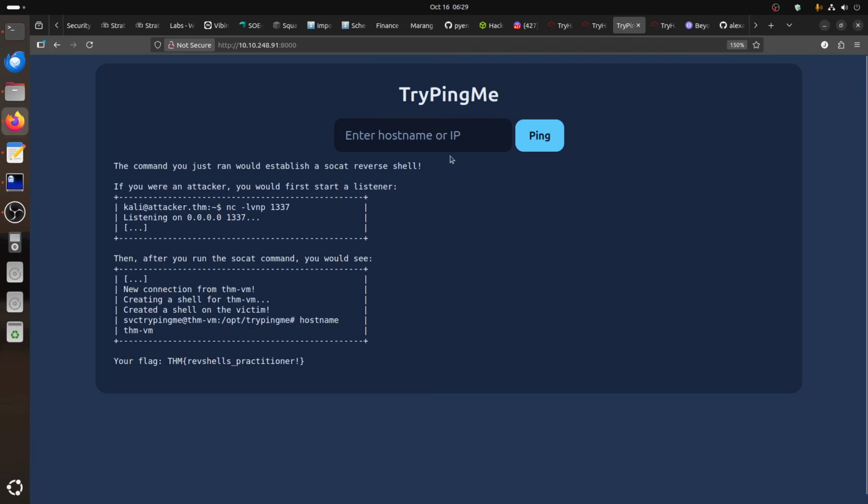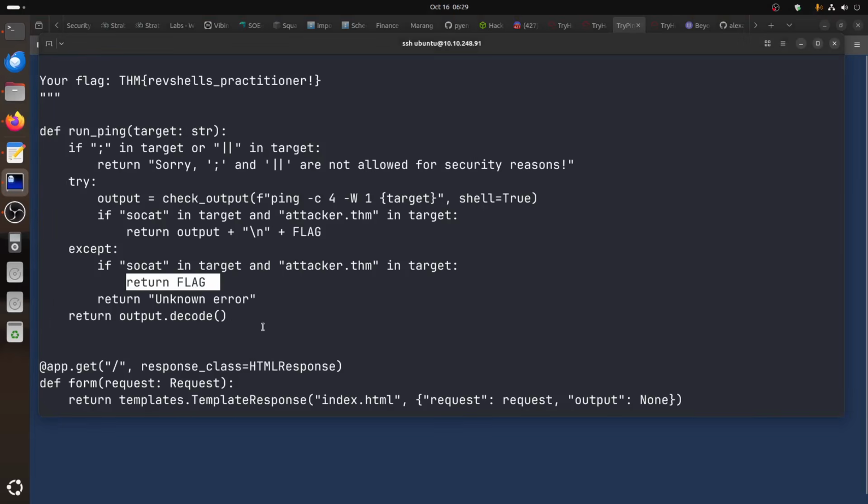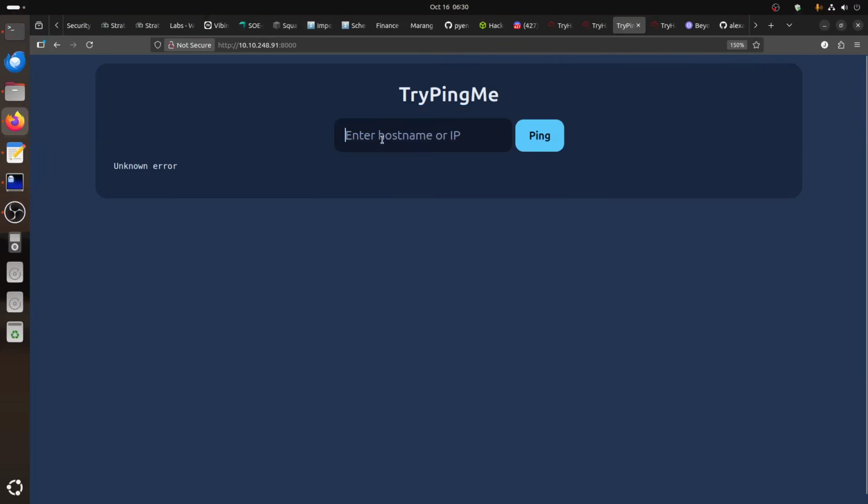So as long as you keep the keyword socket there, it works. Even if you remove it, it will not give you the flag, just an unknown error. So basically this one is going here. Where's the unknown error? Unknown error. He returned that. So if you put the attacker, just that one, it's still